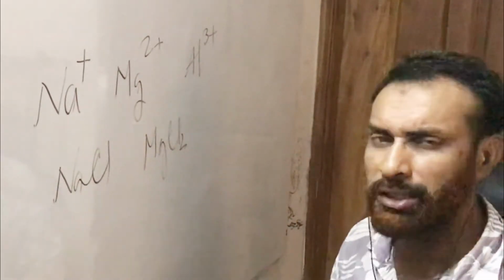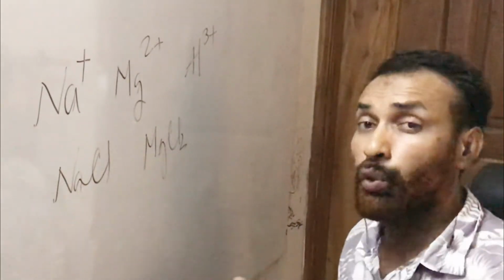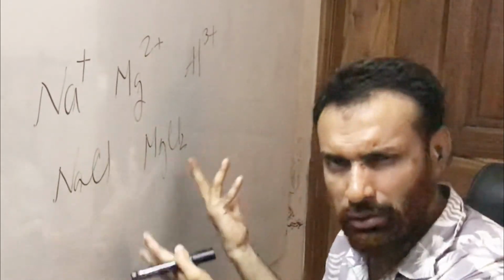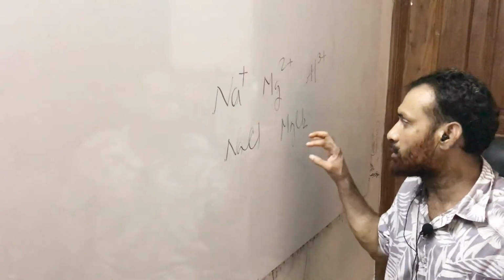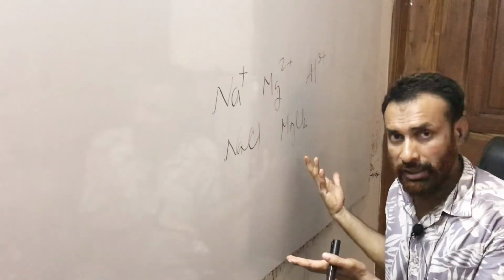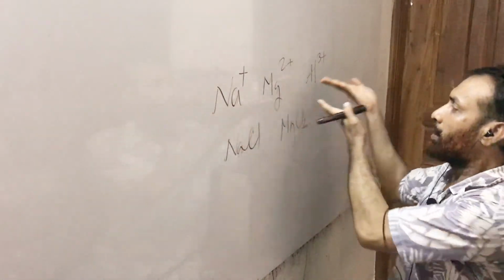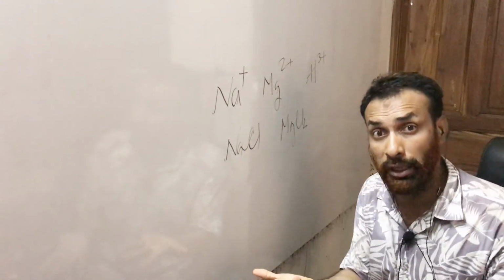So when magnesium has greater charge density, you would say that this would have greater polarizing power. So this would distort the electrons of chloride more than can be done by the sodium ion. So this would have greater covalency and less ionic properties. So across the period, when you go left to right, gradually you will get the next compound will be totally